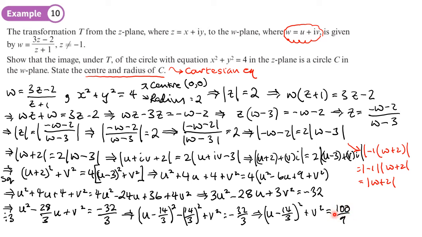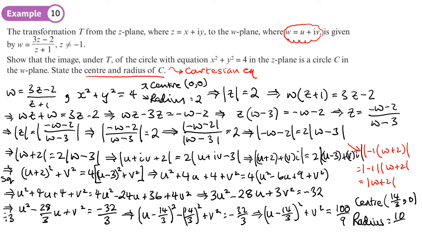Because then the radius is going to be the square root of that, so it's going to be 10 over 3. So even though we got some odd numbers, we got the radius worked out nicely on the right hand side there. So we're ready to write our final answer. So the center of this circle is going to be at 14 over 3, not negative 14 over 3. 14 over 3, 0. So write that in, 14 over 3, 0. And the radius, well, that's just going to be the square root of this, which is what we said was